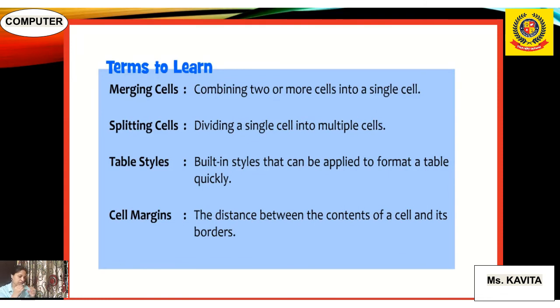Cell margins: the distance between the contents of a cell and its borders is known as cell margins. Rows are the horizontal collection, and columns are the vertical one.